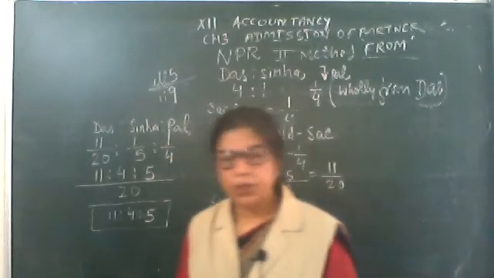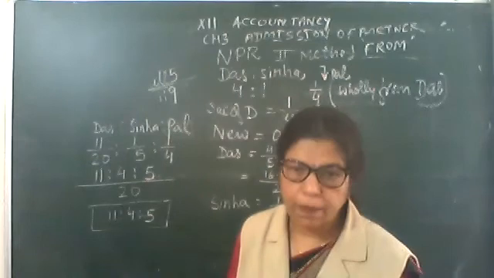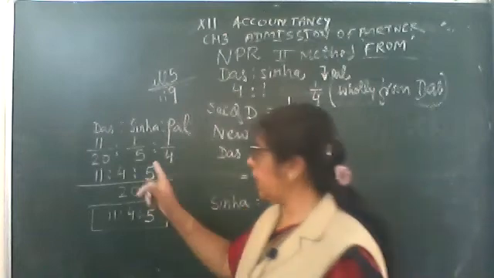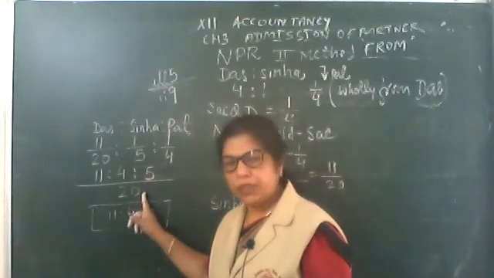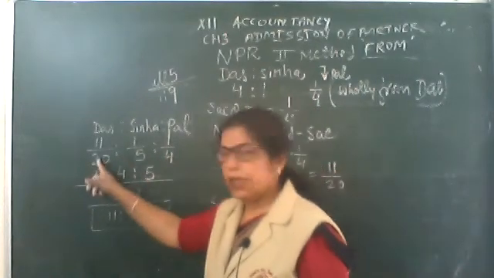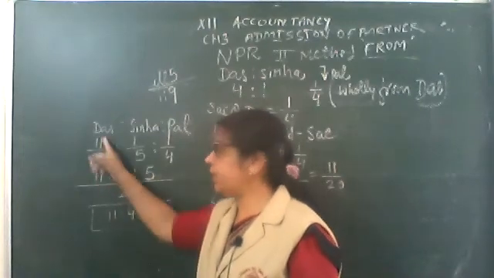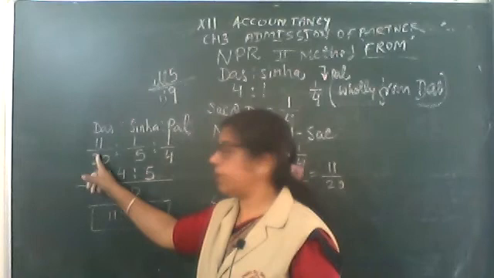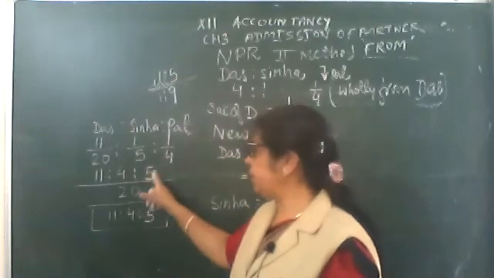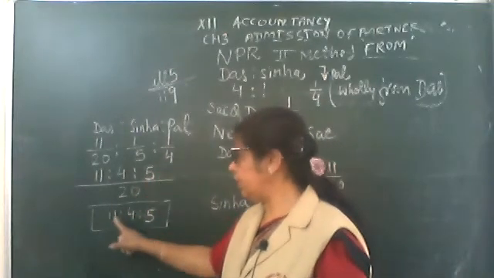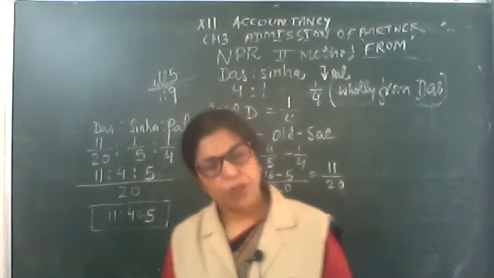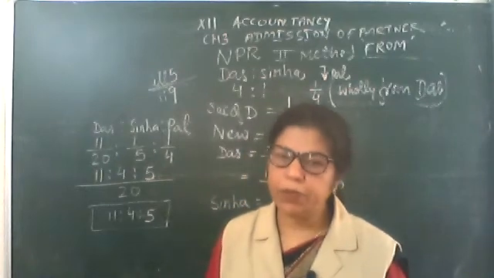But we should not stop the answer here, because in the CBSE guideline it is clearly mentioned that the answer will be in fraction form with the same denominator. So my dear children, the LCM is 20, and we take 20 divided by 20, 11, 20 divided by 5, 4, 20 divided by 4, that is 5. So our answer will be 11 is to 4 is to 5. Got it? Any problem? Check.